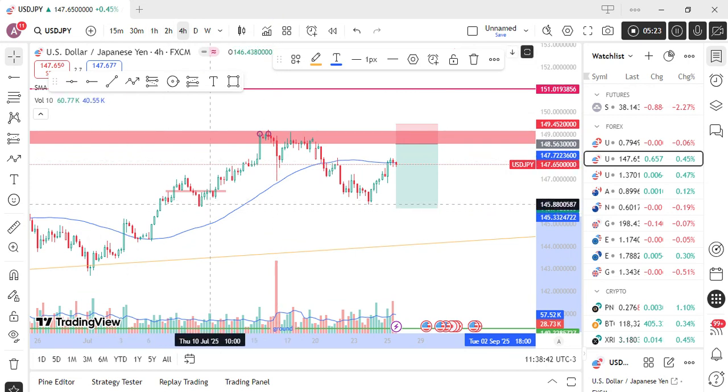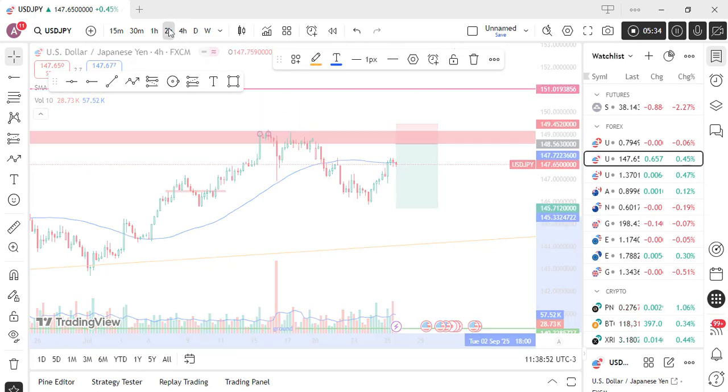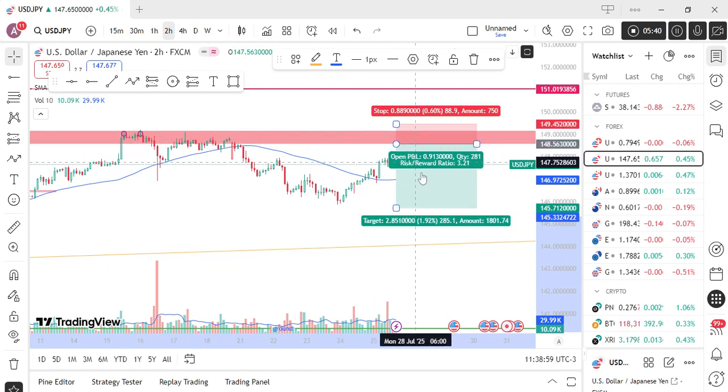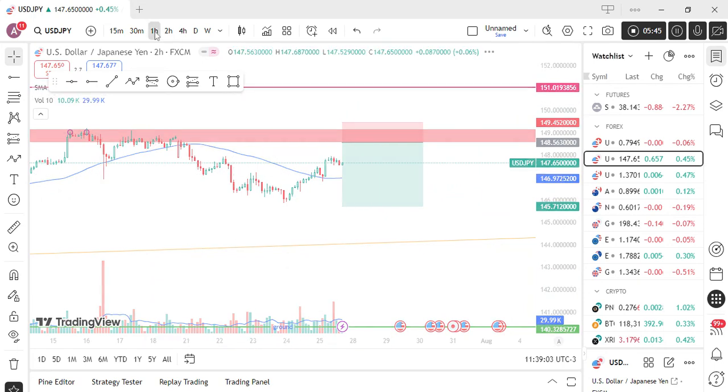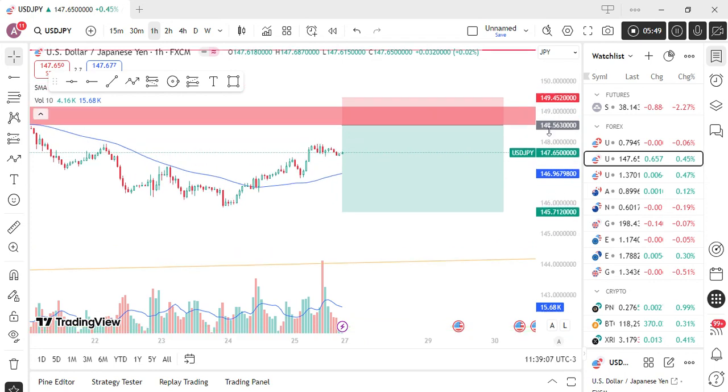We can see that the market came back making higher lows and higher highs, and we are expecting it to enter this region. If it can be bearish, maybe on the 2 hour time frame, then we can follow it. When we come back to this region, we can wait for the market to become bearish on the 2 hour, or maybe the 1 hour, then we can go with the short. It's going to make sense then.